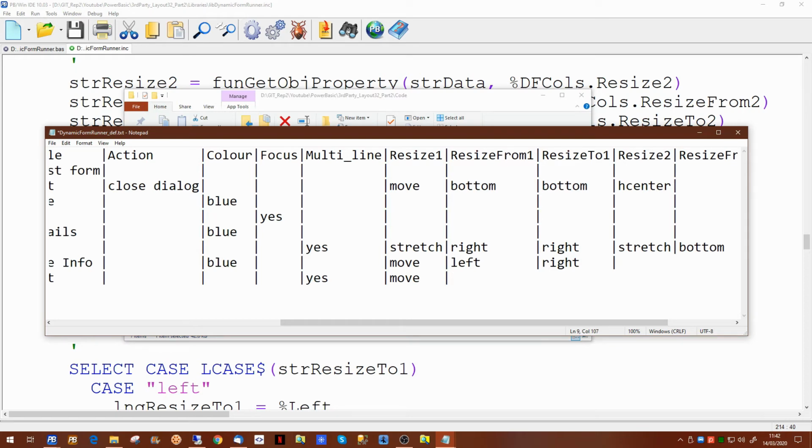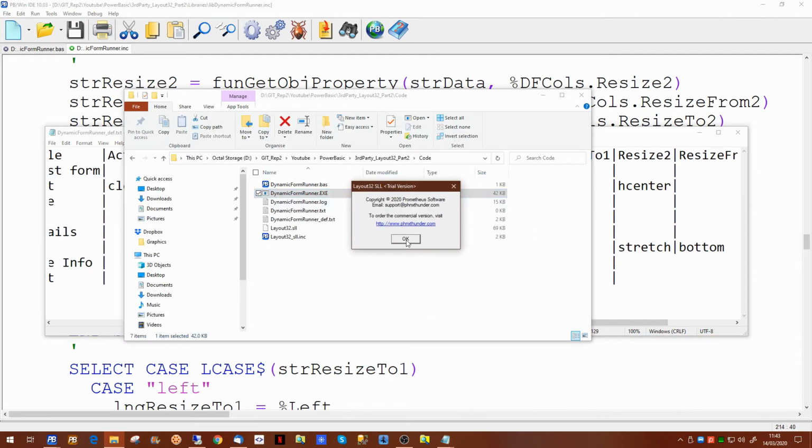And in this case, we want to move the left of the object, because as the right hand side of the form moves, we don't want to be overwritten by the text box to our left, so we want to move our new text box as the right hand side actually of the form moves. So if we try that,